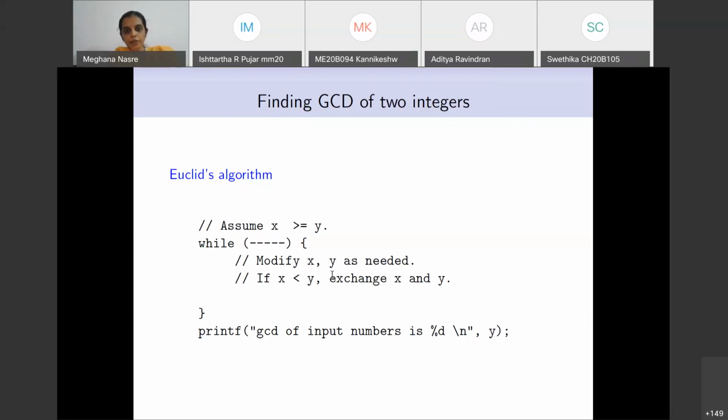Okay, so I want you to tell me what is this condition inside the while loop. Please write down the condition inside the while loop. So in the chat messages, I request all of you to write down this condition. So this program is not written completely, right? So I would like you to write down the program and complete it for me.